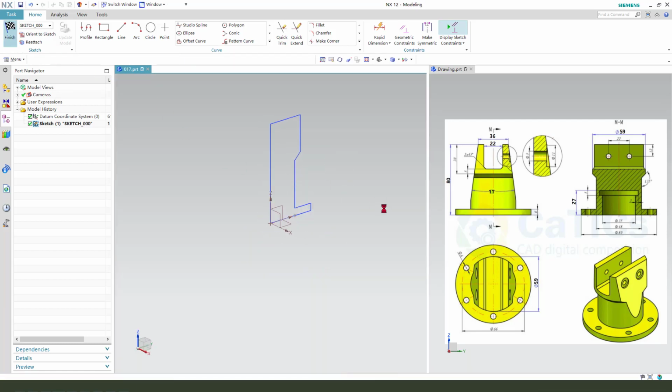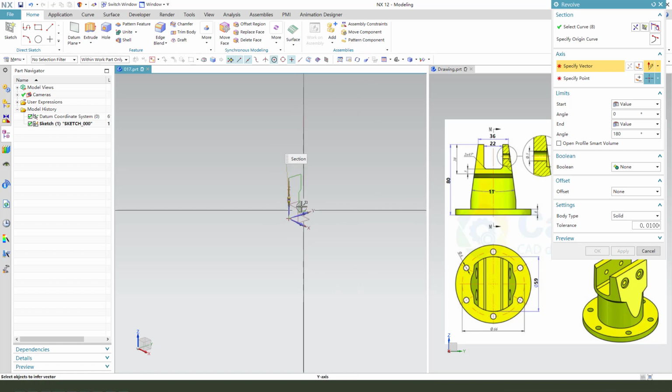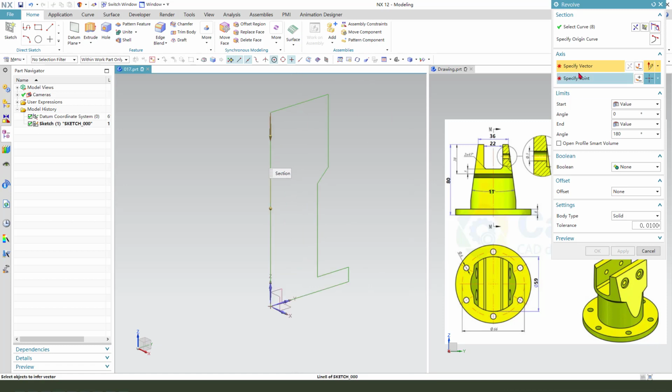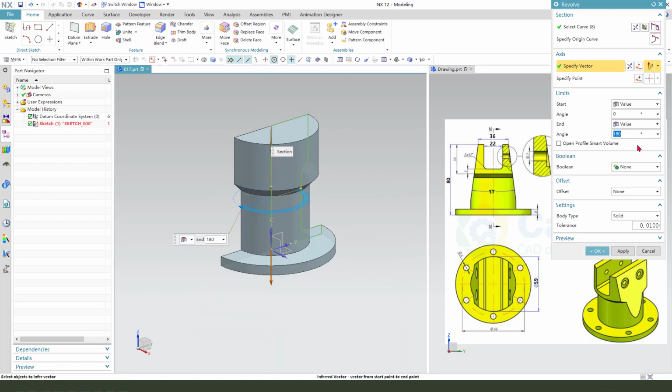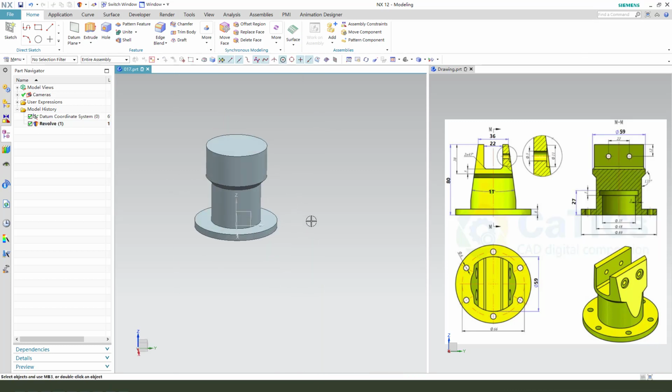Finish the sketch. Then we need to select spatial vector, select this line, and the angle 360. Okay. Next, we need to create this